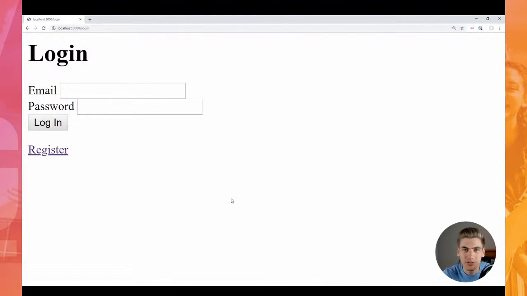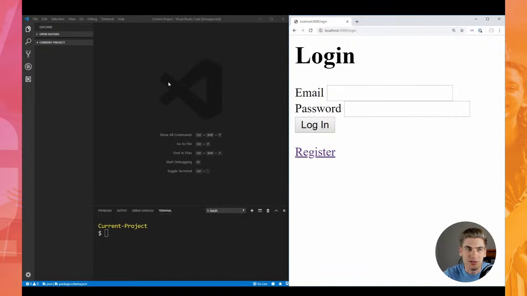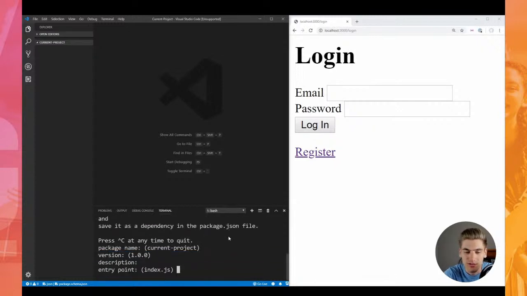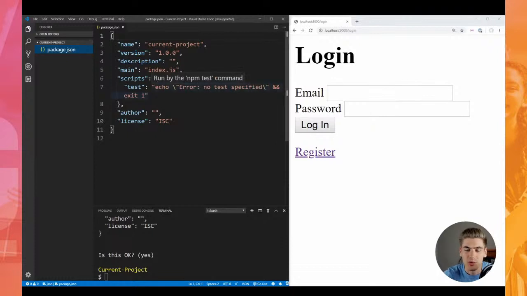So now that we know what we're building, let's fire up Visual Studio Code, and we're just going to have a completely blank project to get started with because that's the best way to do things. And the first thing we need to do is initialize our project. Since we're going to be using npm to store all of our dependencies, we can just type in npm init, and we can just use the default values, so we can hit enter a bunch of times. And here we go, it's going to give us a package.json,